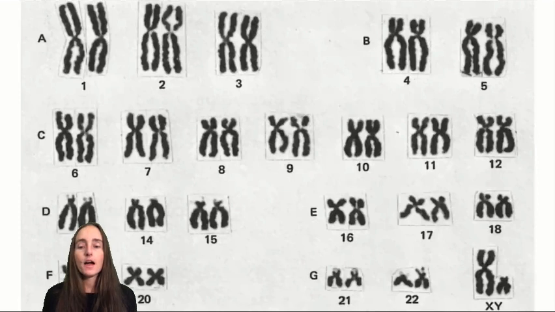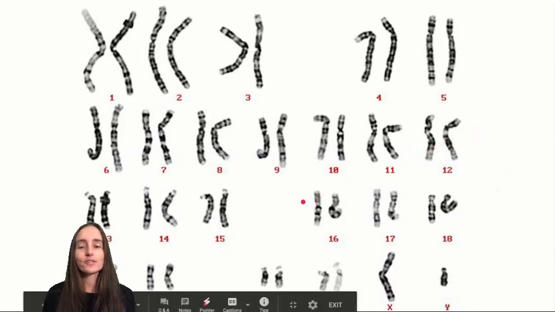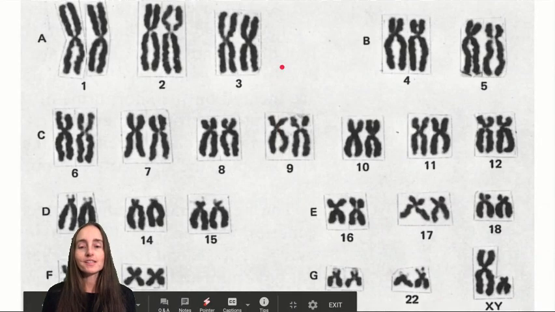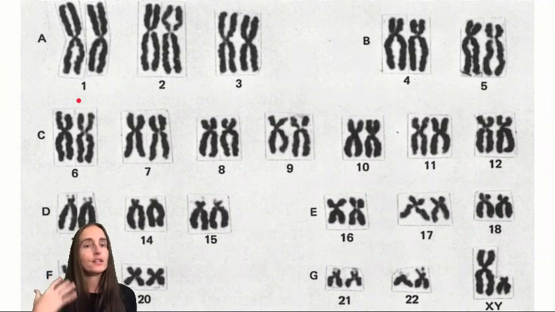Okay. Now I wanted to show you this just because it's kind of different. A lot of times you'll see these. Now you'll notice all of a sudden I have a bunch of X's where before we didn't have X's. So this is like a normal cell doing its normal function. This is right after they have replicated. So they've made copies of themselves. So this happens in the S phase of the cell cycle. Think back to your